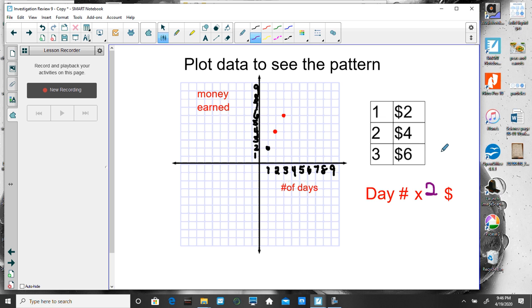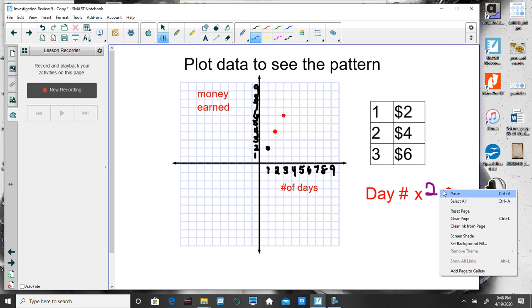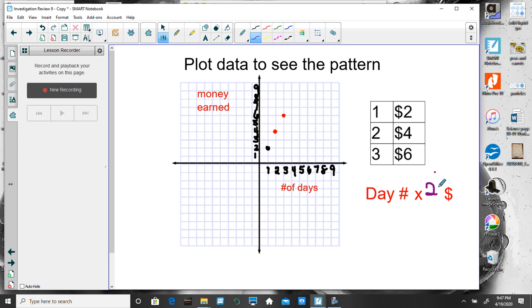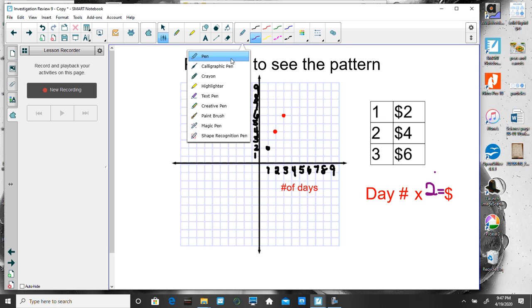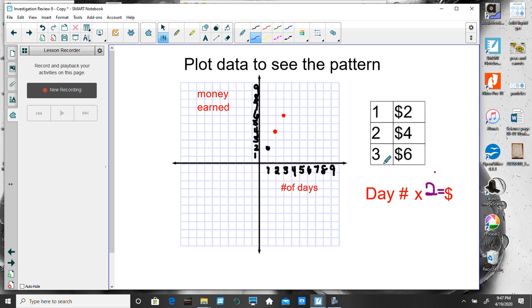So you would have the day times 2 would equal the number of dollars. Any number of days times 2 would give me the number of dollars I would have. So if I worked for, let's say, 10 days,